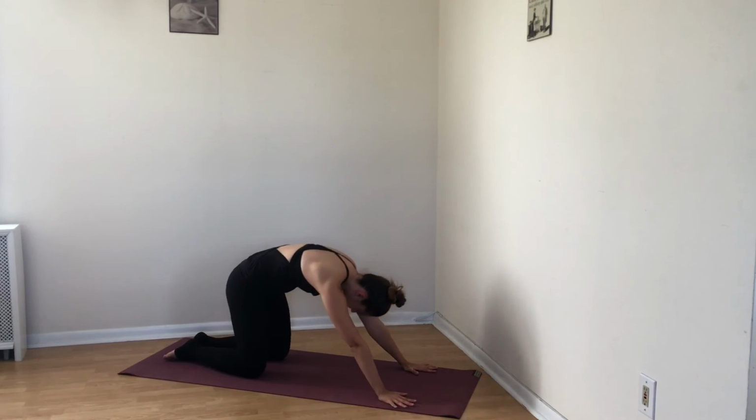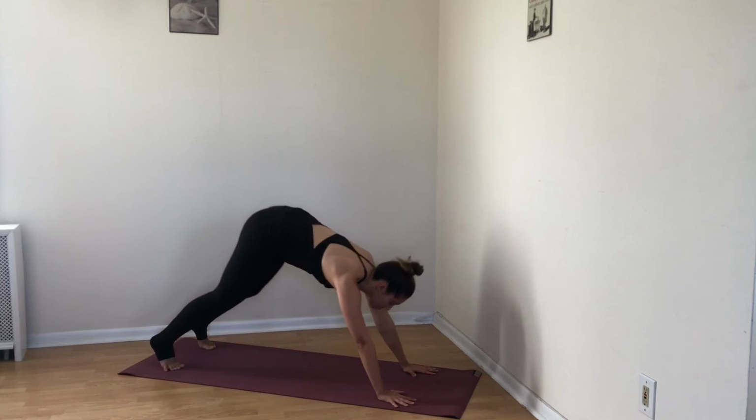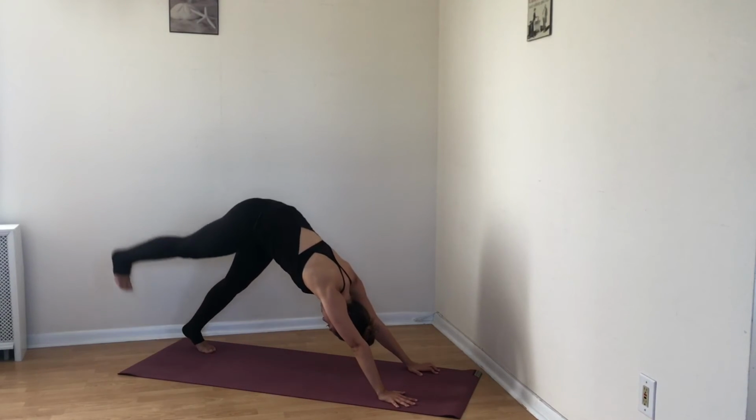Make your way back up onto your hands and knees. Tuck your toes and straighten your legs once again, coming into downward facing dog. Take a deep breath in your downward dog, and on your following inhale, when you're ready, raise your right leg